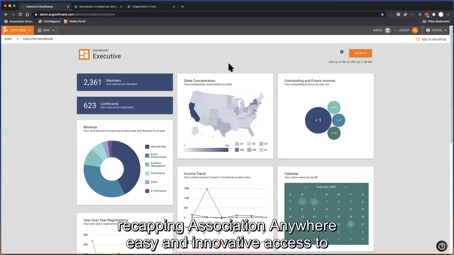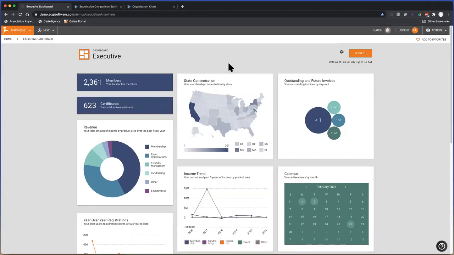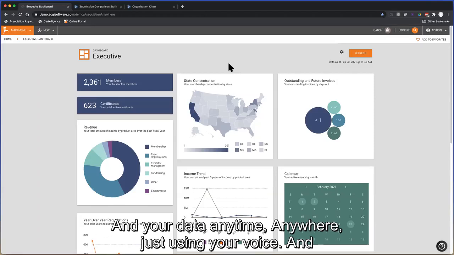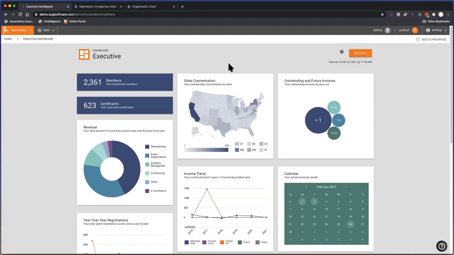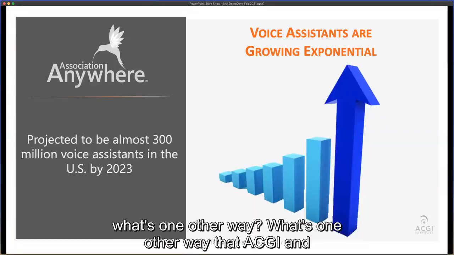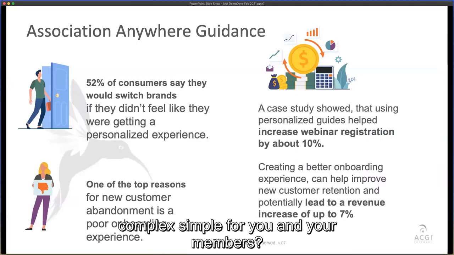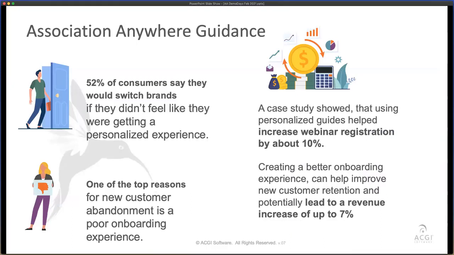Recapping, Association Anywhere. Easy and innovative access to your data. A simple interface for customizing and visualizing your data your way, and your data anytime, anywhere, just using your voice and Alexa. So, what's one other way? What's one other way that ACGI and Association Anywhere makes it easier for you, making that complex simple for you and your members? How about